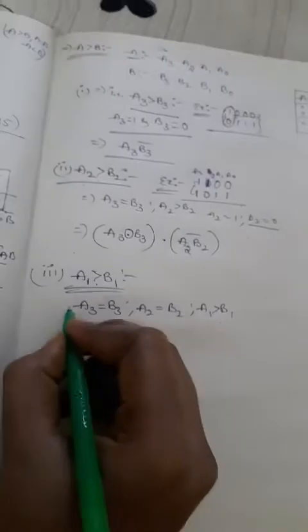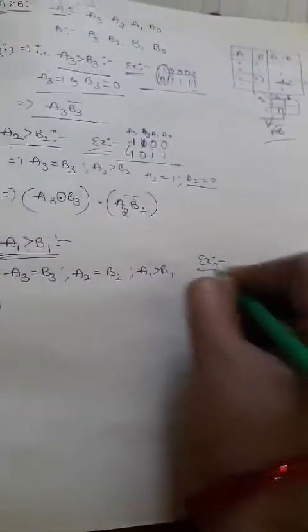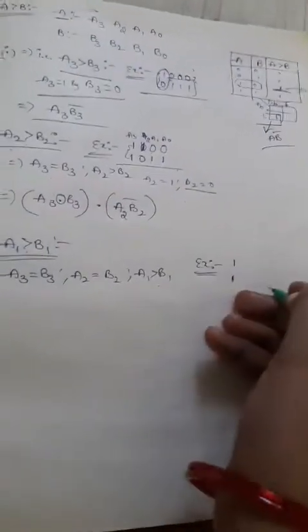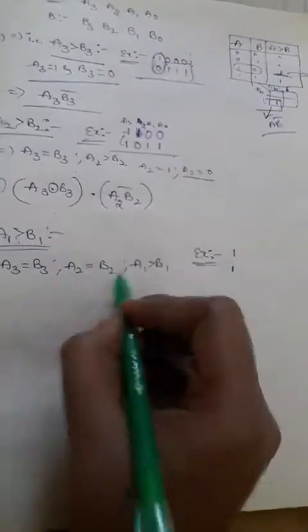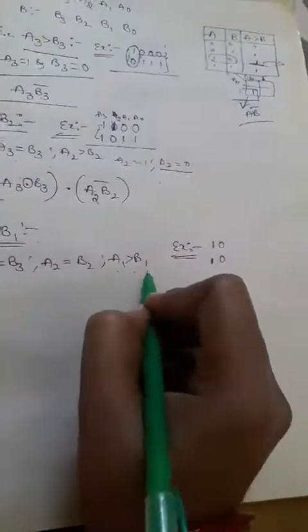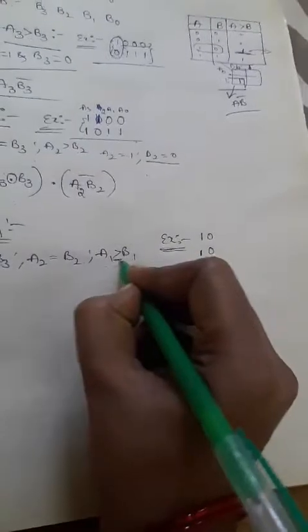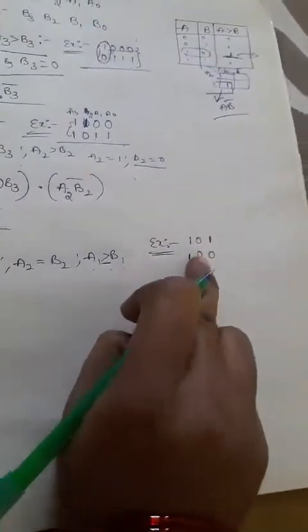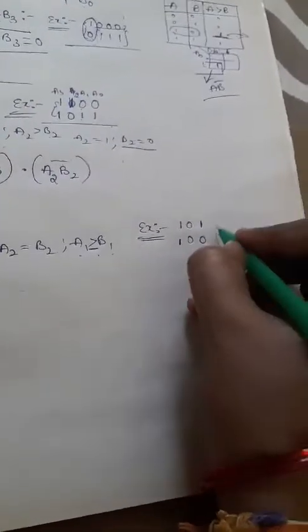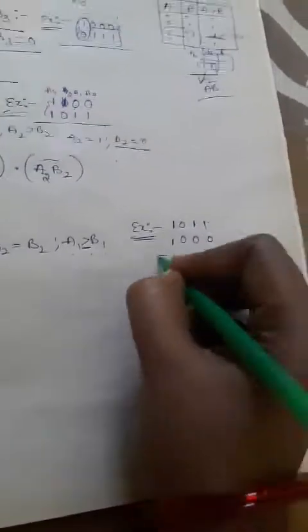Okay, so for the equal condition, I will go with one example for this also. A3 B3 must be equal, so I will go with 1 or maybe 0. You can take it that A2 B2 is also zeros. Now I will go with zeros. And A1 B1, so A1 must be greater than B1, so 1 0. So A1 must be greater than B1. Next, whatever the remaining bits, don't bother about that, right? You can skip those bits, which may be greater than or less than. I will go like this.